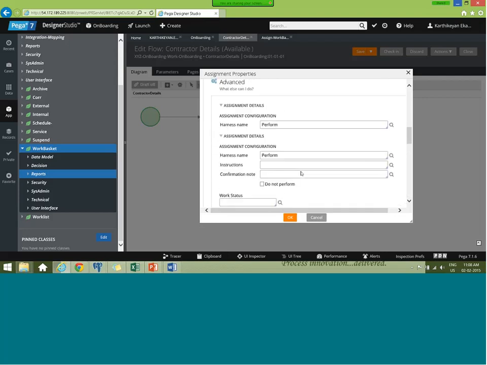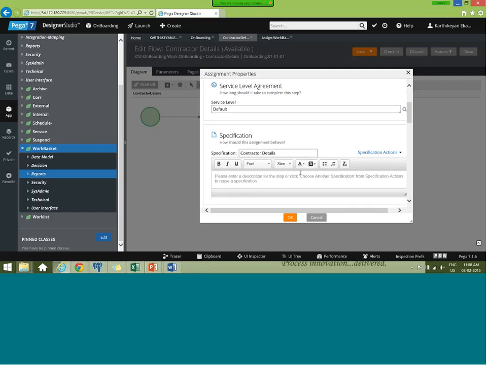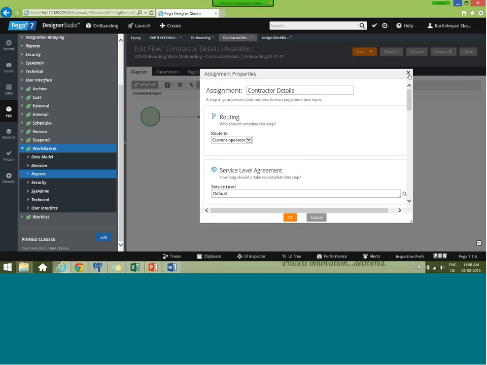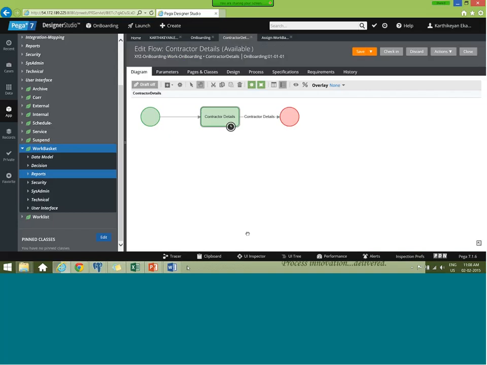So these are the configurations you can make on the assignment details. Assignment is most important. If you are writing a customization activity, you may not know whether it has to go to a work basket or a work list. There is such a scenario: whether the case is going to a work list or a work basket depends upon some conditions while evaluating the case. So you need to prepare your custom router activity to set whether it's a work basket or work list.